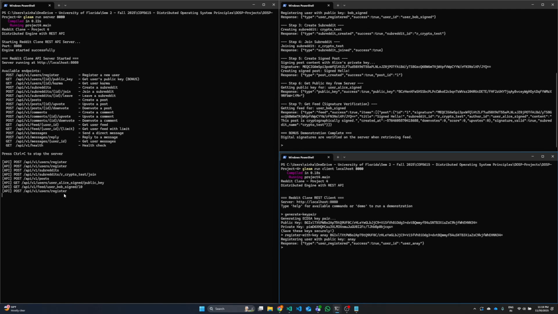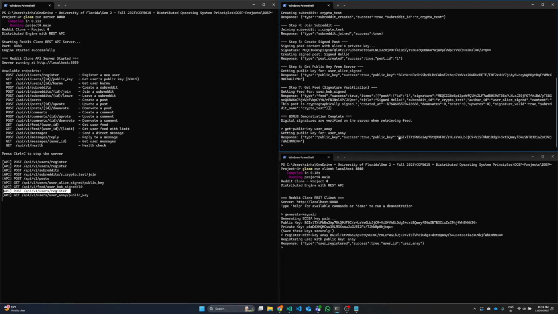And we can see that the user has been registered. And now if you try to get the public key of this user in another terminal, then we'll use the command get public key and the user ID. We know the user ID as, and here we get the public key for the same user, and you can verify that the public key is the same for what we registered the user with